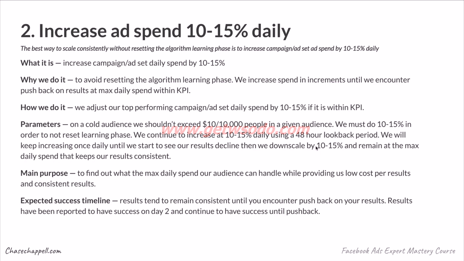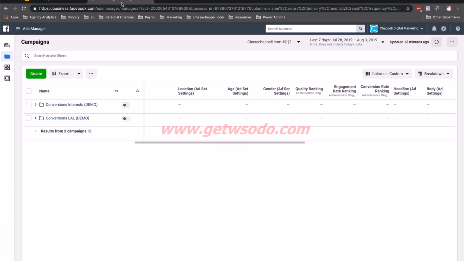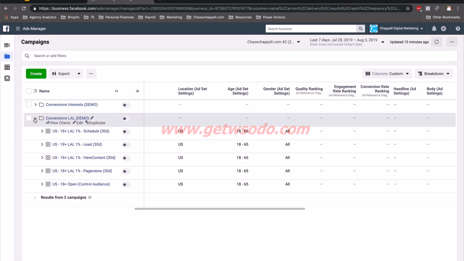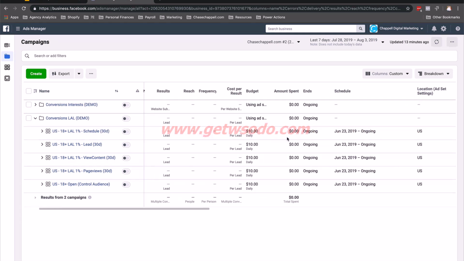And so the second method is increasing ad spend at 10 to 15% daily. Before we jump into this, I'm actually going to show you a breakdown of how you can scale up by 10 to 15%, 15 times KPI. So what you would end up doing is you would go into your ad account, select a campaign, and find your best performing ad set. And let's say that this ad set specifically, our schedule 30-day lookalike audience, is our best performing, and we're at